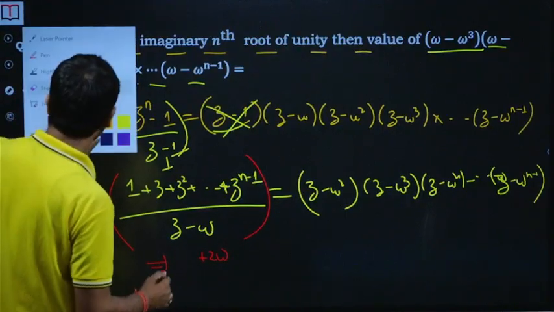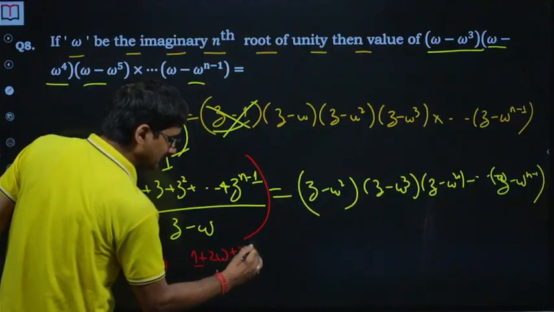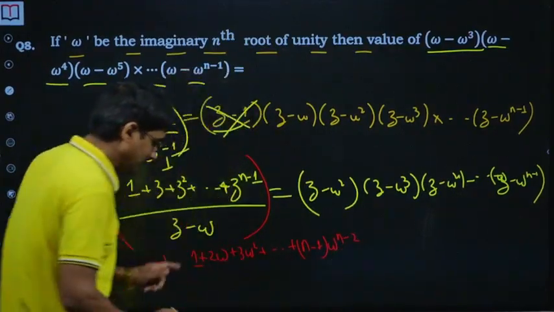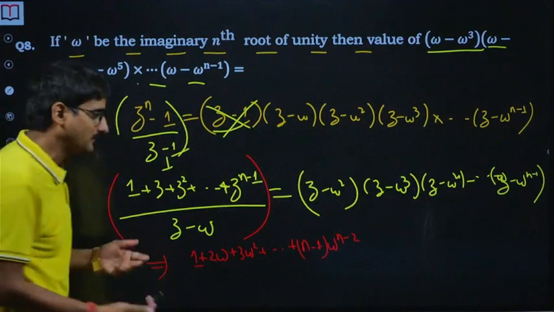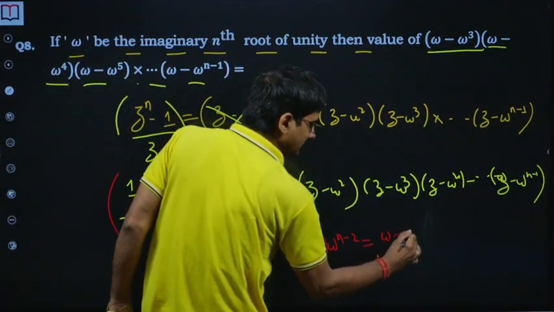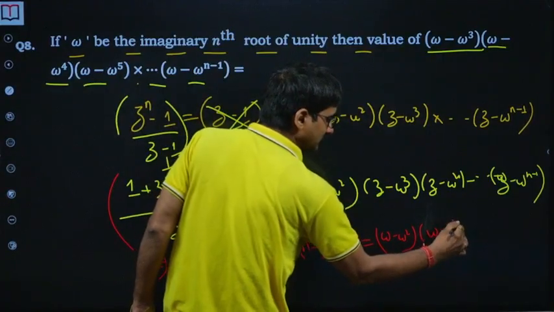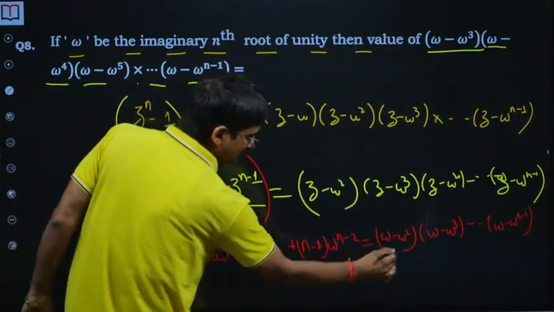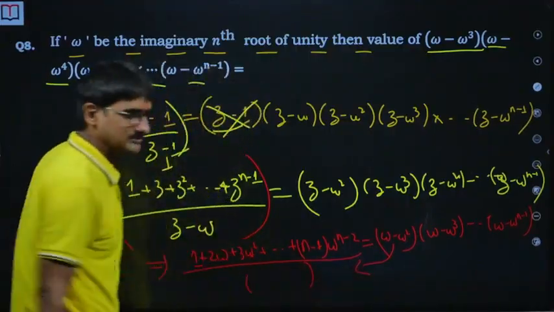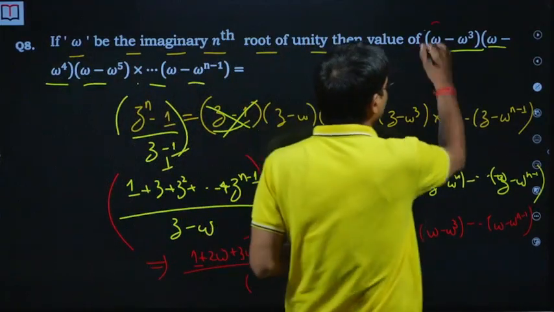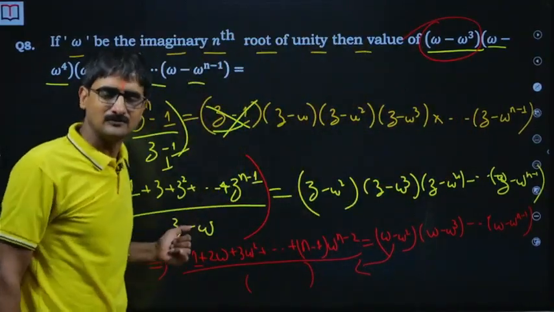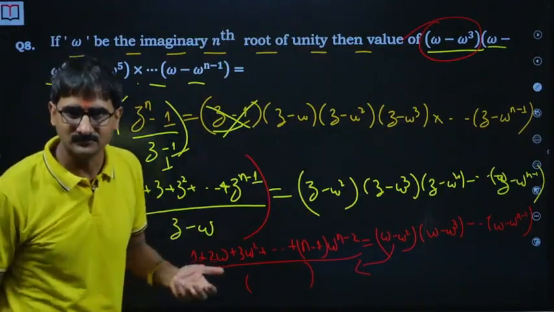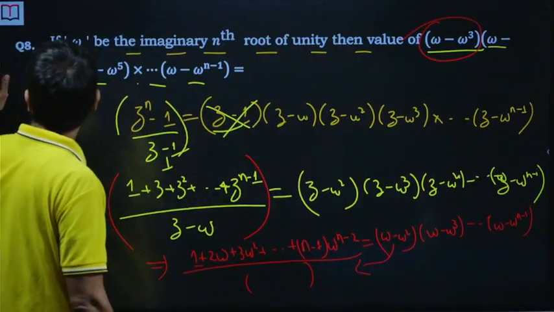because z differentiated, there is no z in that case. 1 plus 2 omega plus 3 omega square plus dot dot dot plus (n minus 1) into omega raised to power n minus 2, upon the differentiated denominator, and replace z by omega, and that's what you get here. So you bring it this side, and you have the answer. The purpose of this question was, if you start with this, z minus 1 we have already done, then z minus omega and then replace z by omega. So we have to apply L'Hospital rule once to solve this limit.